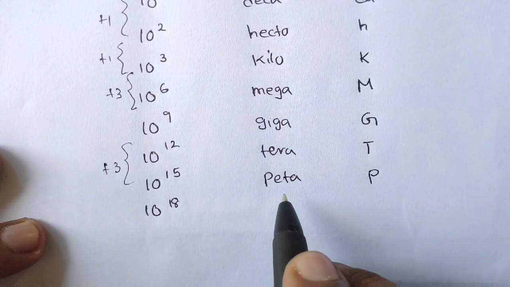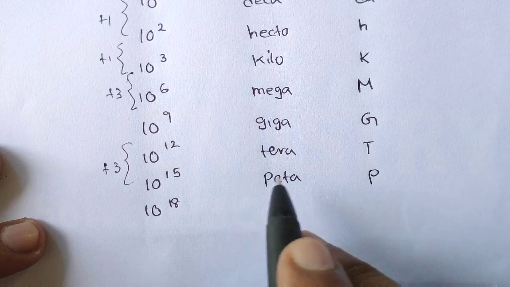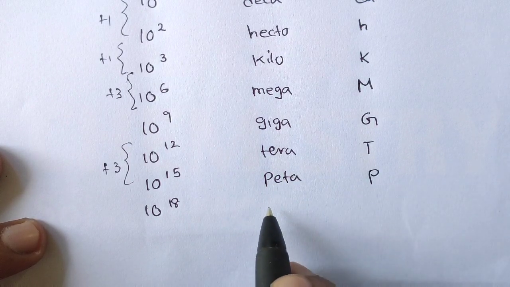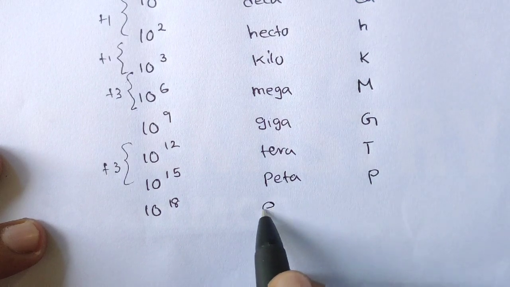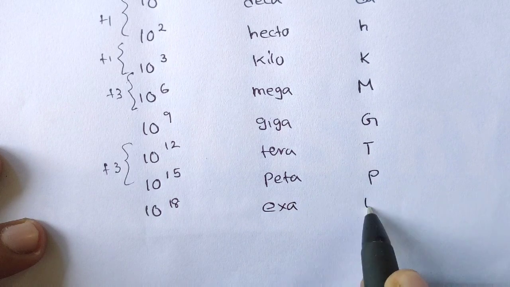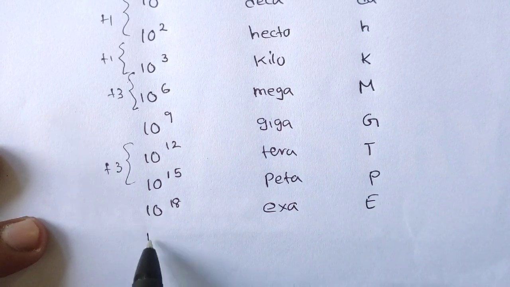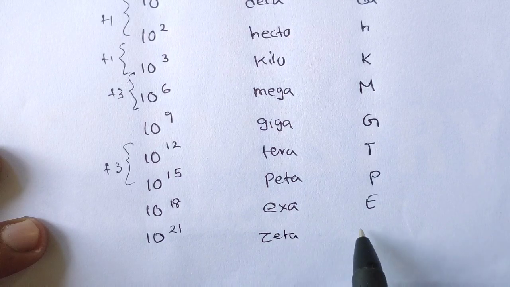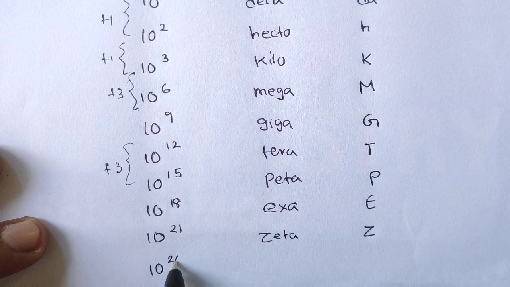Peta. Now this I'll just show it from a textbook also, that table you have to write in your fair book. So 10 raised to 18, this can be asked for VSQ. This is exa, capital E, 10 raised to 21 is zetta, that is Z, and 10 raised to 24 is yotta,